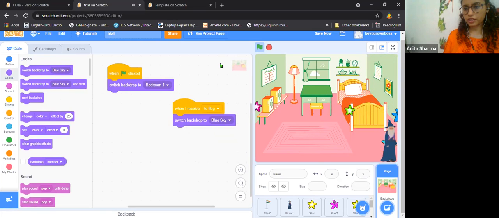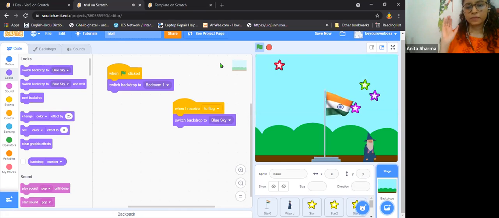Where is the flag? Where is the special star? There is a star. So now we got the backdrop, right?